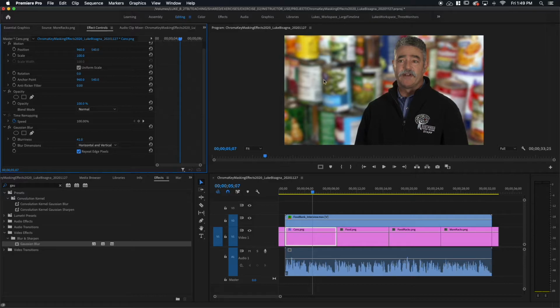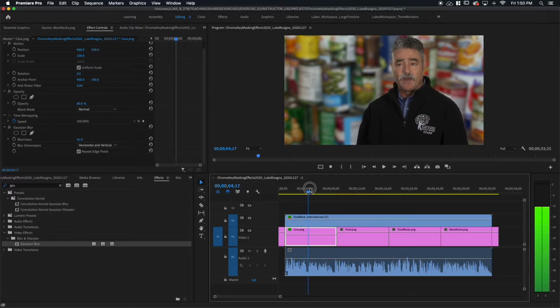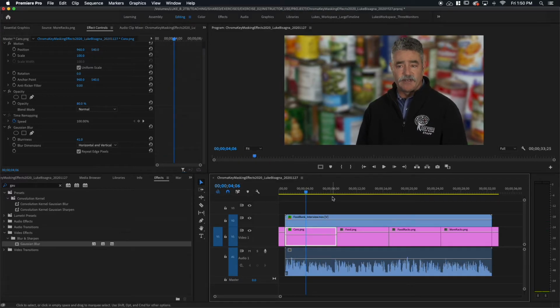Okay, this is cool. It looks better because it's blurred, but I still think it's competing with him a little too much. So what I'd like to do is dim it a little bit. And because it's the bottom level with only black behind it, all I need to do is reduce the opacity of this image and it will darken. So I'm going to take this from 100% to say, I don't know, let's try 80. Nice. Now he's really popping forth from that background. Looks really good. Cool. That's great.